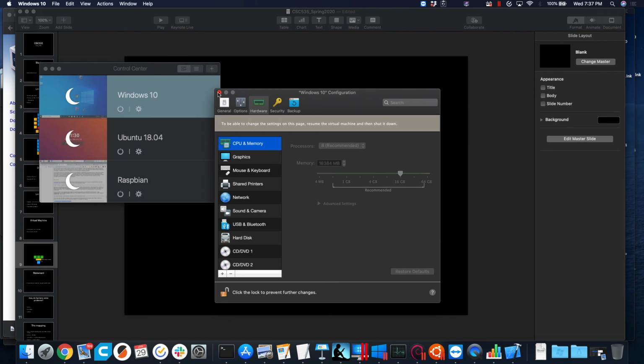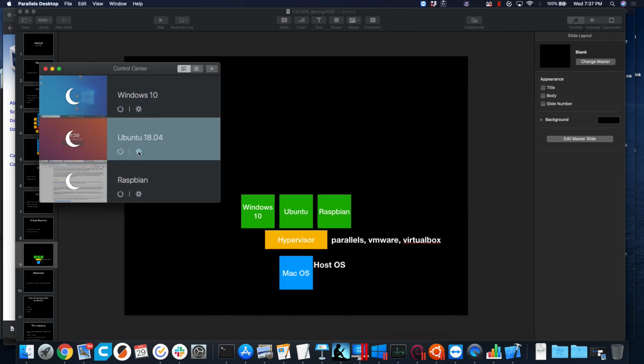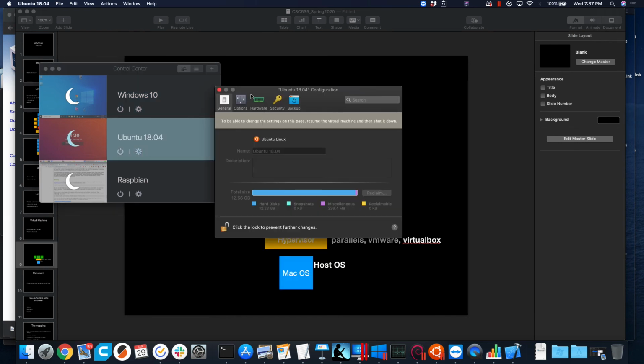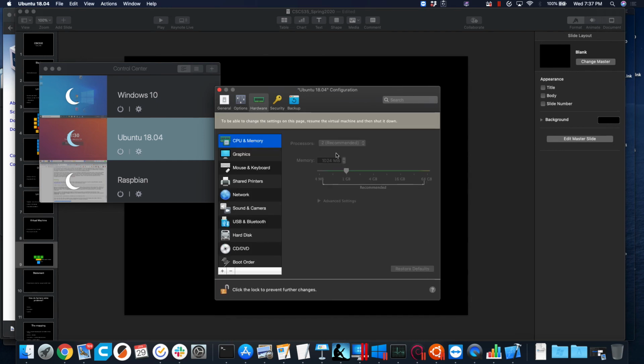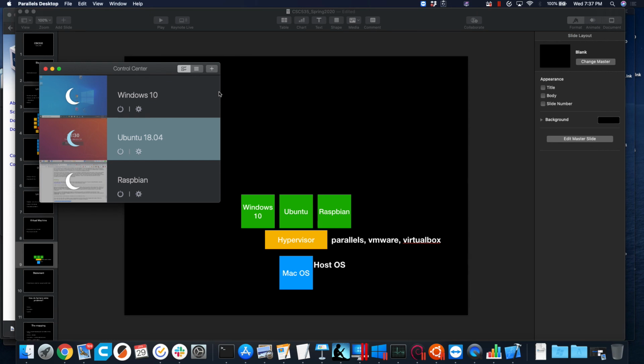For Ubuntu, it has significantly less, I believe. So this one has 2 processors and 1 gig of RAM. I can give it more if I want, but Linux uses a relatively small amount of system resources. What do you use this operating system for? Exactly, I use it in my operating systems or systems programming class.